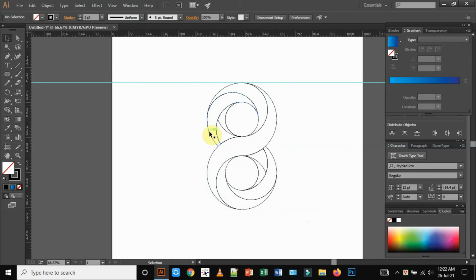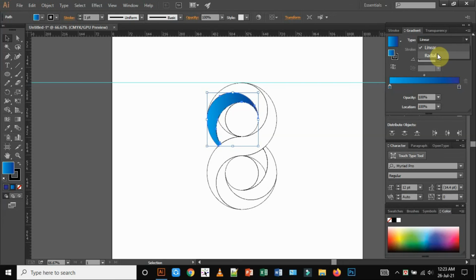Now select this one and go to the gradient color. Here is deep blue and here is lighter blue. After that, I have to change the type of this gradient. Go to the gradient and go to the type and change it to radial. I think this is okay. Now